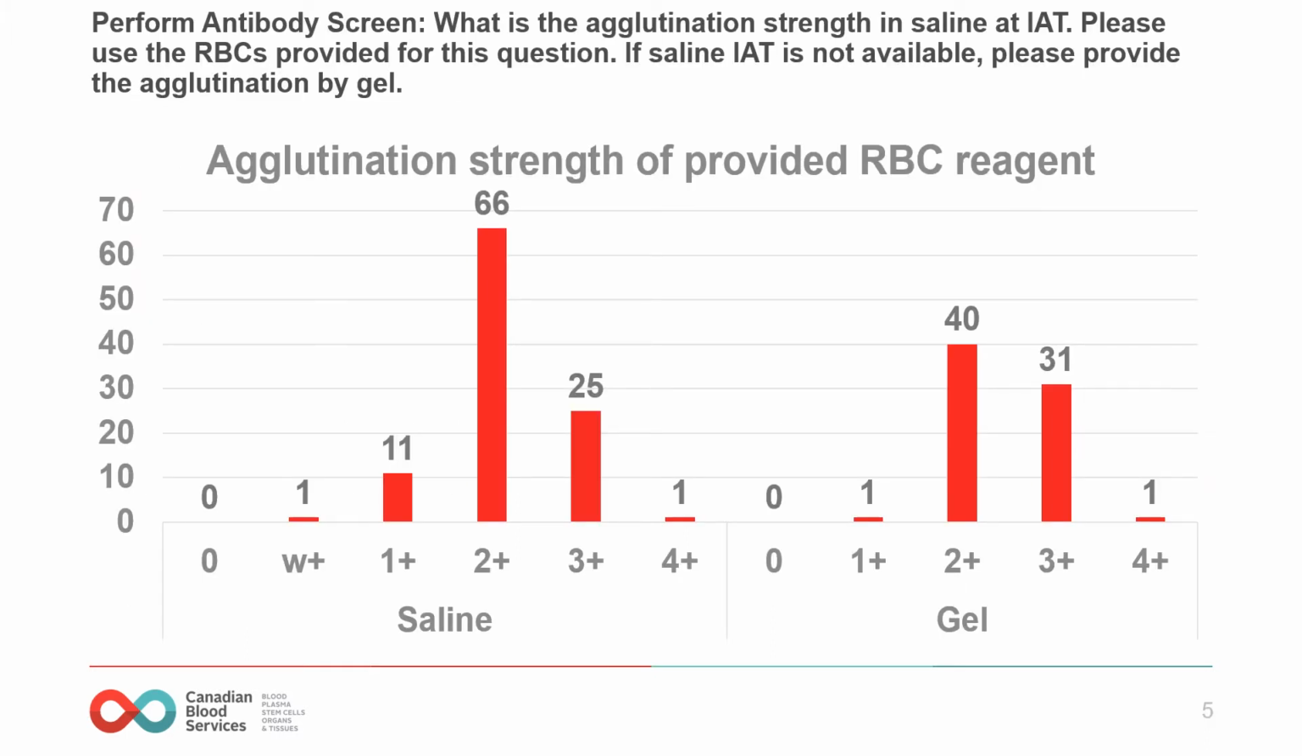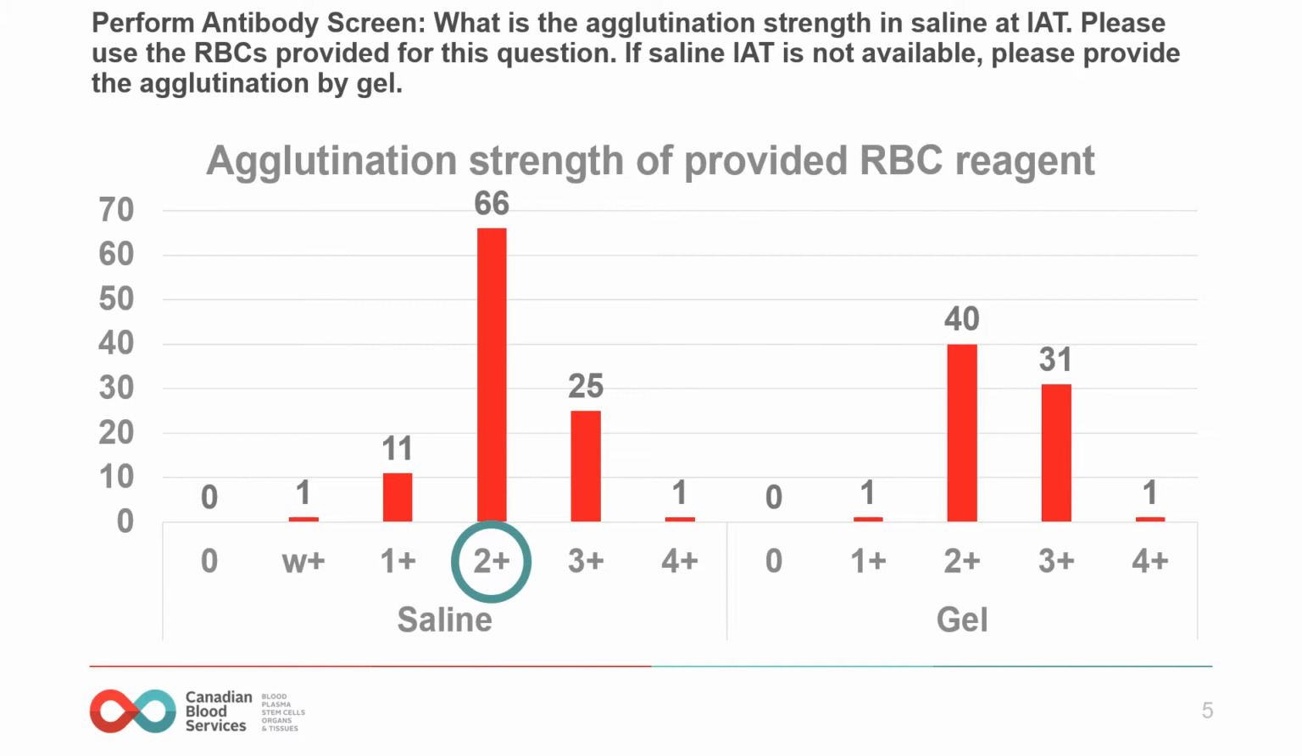So with the reagent red cells and plasma that we provided to you, we asked you to answer about the agglutination strength by saline IAT and by gel method. And this is what we got. In our lab, we have 2 plus agglutination strength by saline IAT and 66 responders also agreed with 2 plus grading. And a few of these responders have a grading of 1 to 2, 1 plus and 3 plus, which are normal